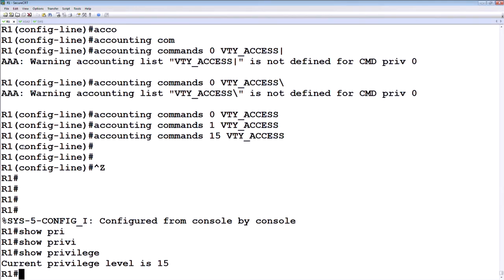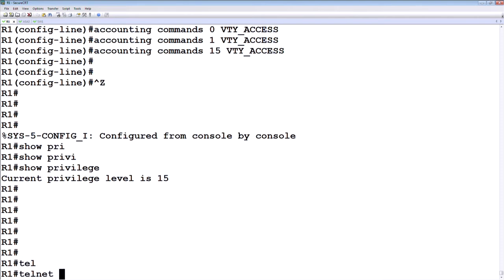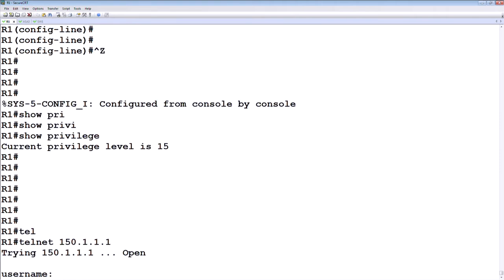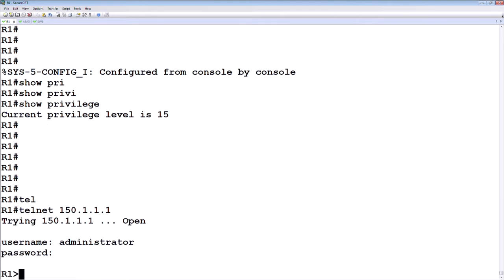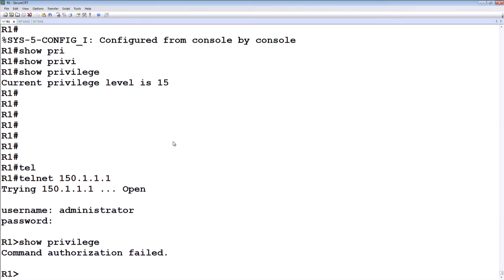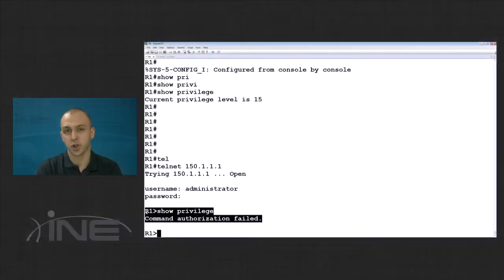Now let's go back on R1, and let's say I want to telnet to myself, and let's authenticate with the username of administrator first and the password of Cisco. Now I should not be given access to any command, even the show privilege command, which says command authorization failed, and this is because based on my configuration on the ACS, for the user administrator, I attached the deny all